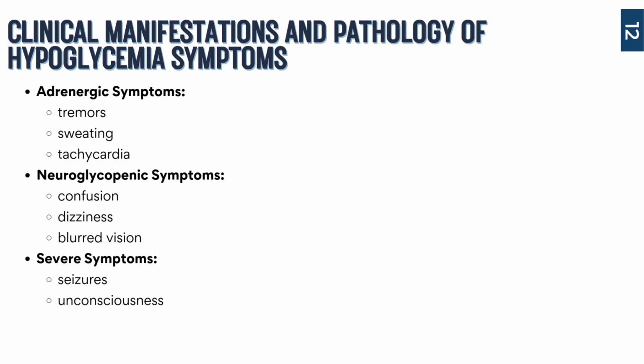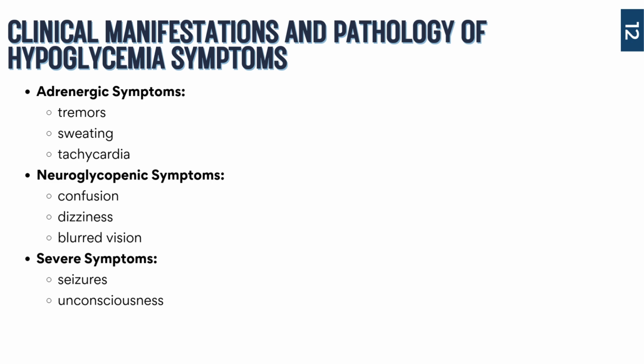This is the stuff I was just talking to you about on the last slide. The brain relies on that glucose as its main energy source. So when the glucose is too low, cognitive functions are impaired. Patients may experience confusion, dizziness, blurred vision, difficulty concentrating, slurred speech. Sounds kind of like maybe somebody that might be having a stroke or maybe somebody that is intoxicated with alcohol.